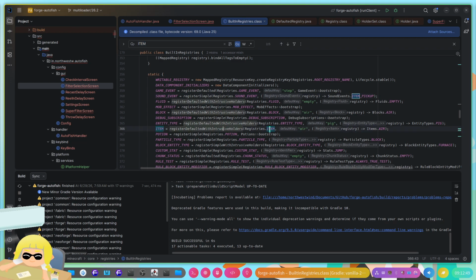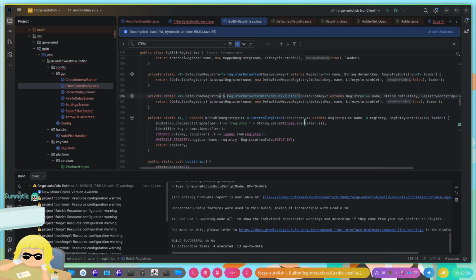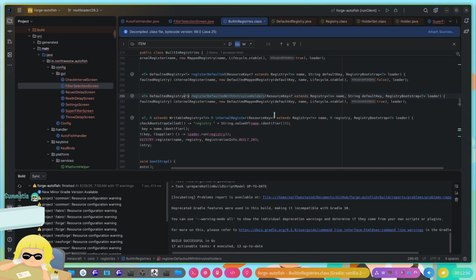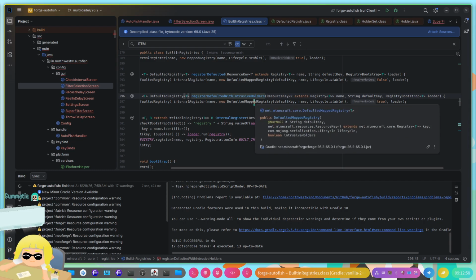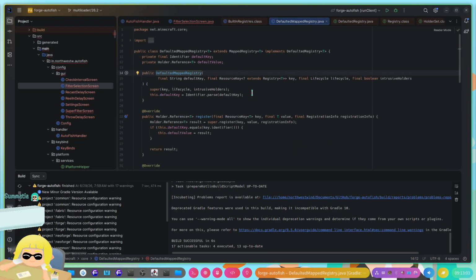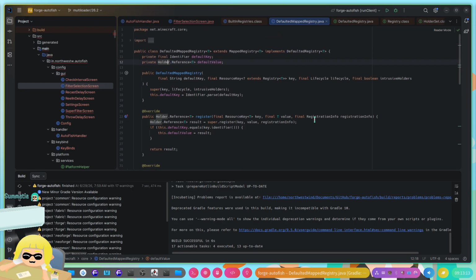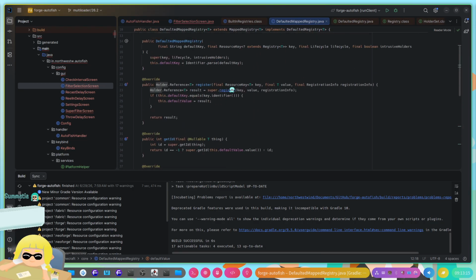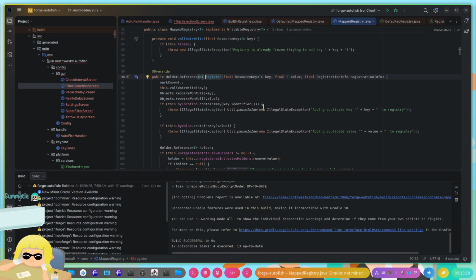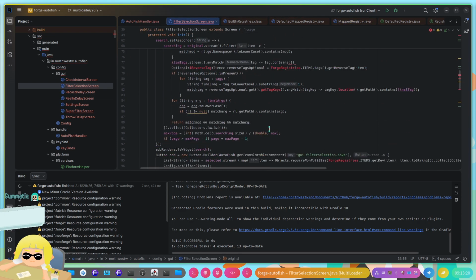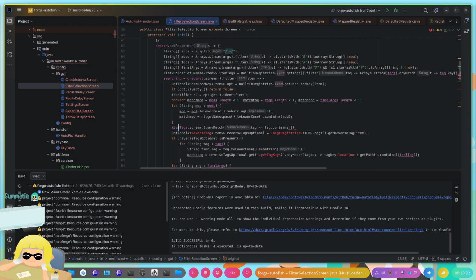Register defaulted with intrusive holder. Nice name. This is madness. Default key, blah blah. Who is your holder? Super register. Key value registration info. Oh my god. Alright. No shot I'm doing that. So